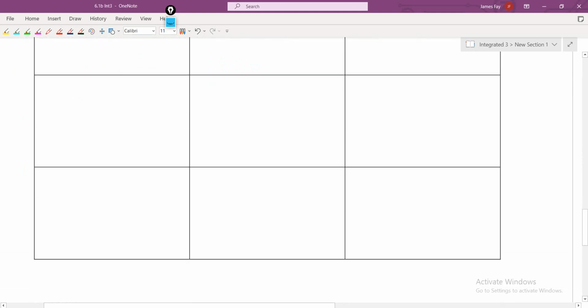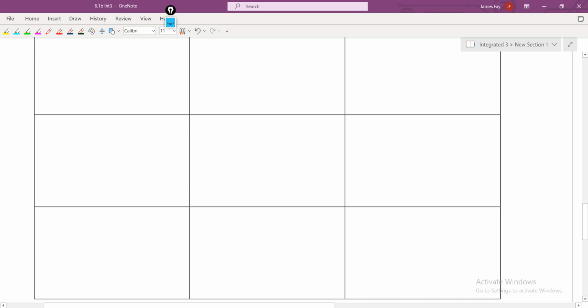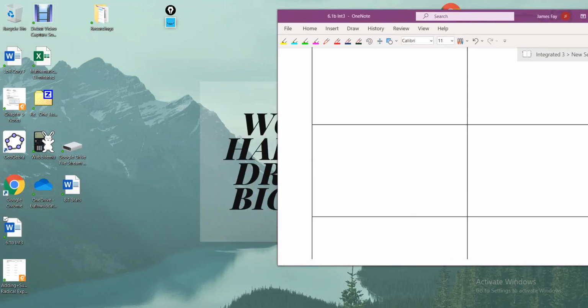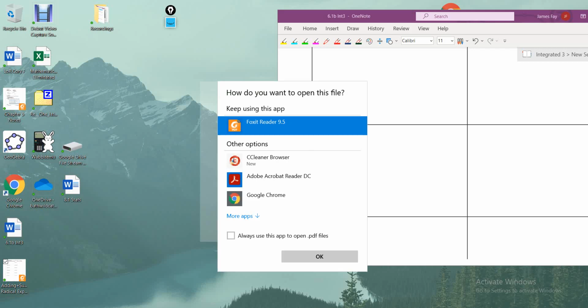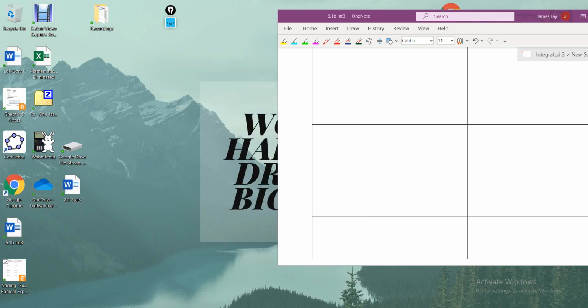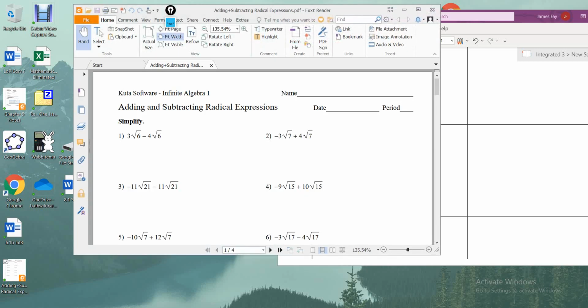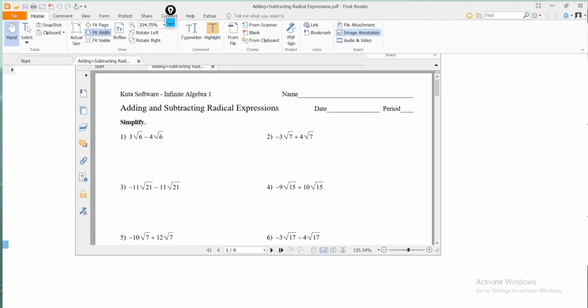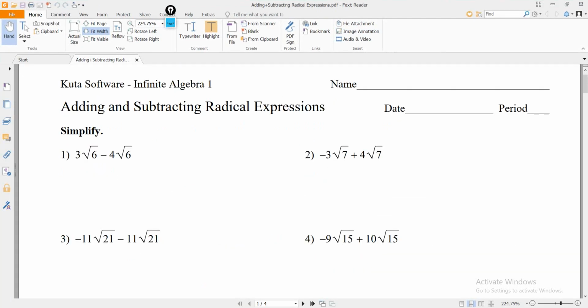the radicals. So I got some just blank boxes here with examples. I've got another PDF here that I'm going to pull my examples off of. And actually, we'll just run through this instead of doing them in the box. We'll just run through here. All right, so if we look at this, okay,